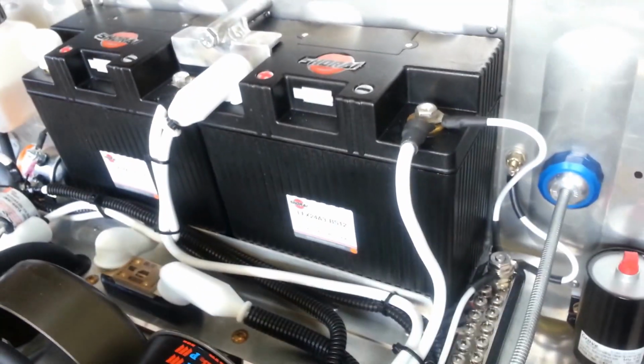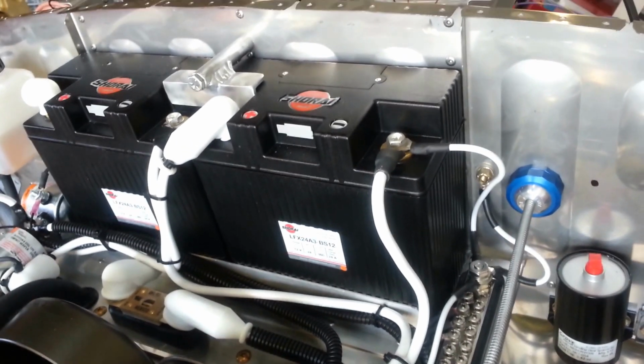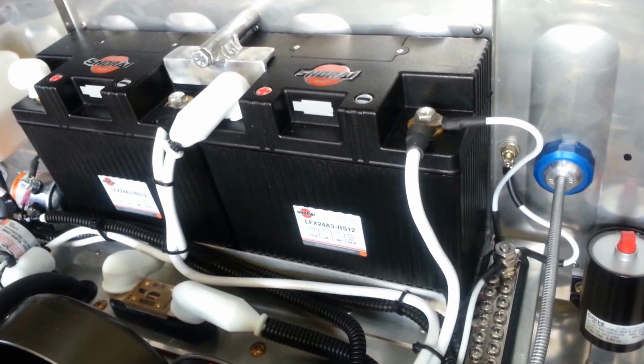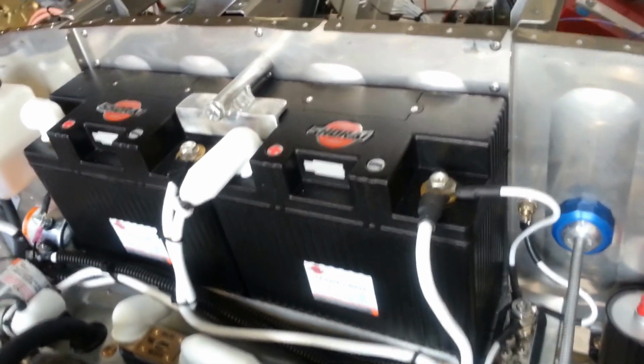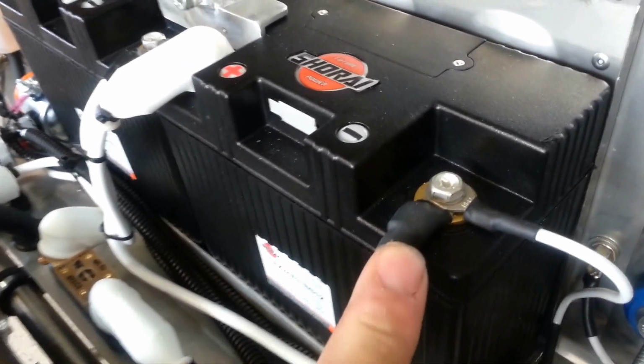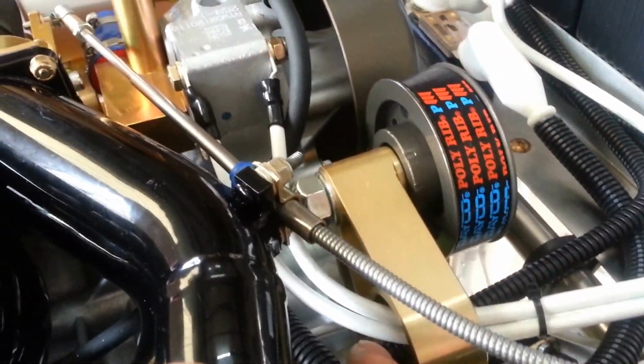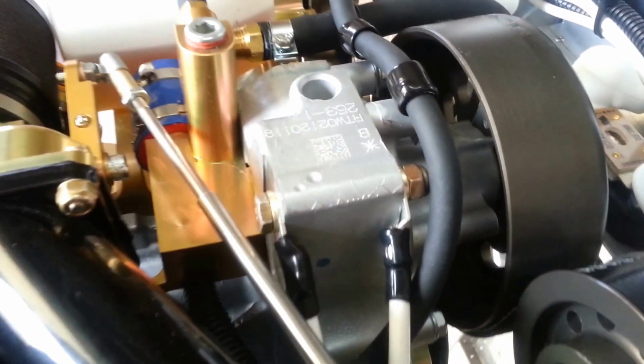Now, back to the main grounding of the batteries as they're installed in the airframe. We are running two main number 6 cables that go directly to the battery posts. The negative battery post on the one battery, the negative battery post on the other battery. They run along here, they come together, they go through this little eyelet, and we do have them grounded,